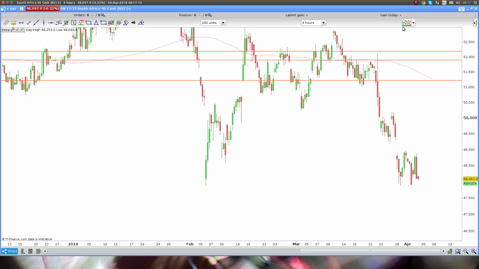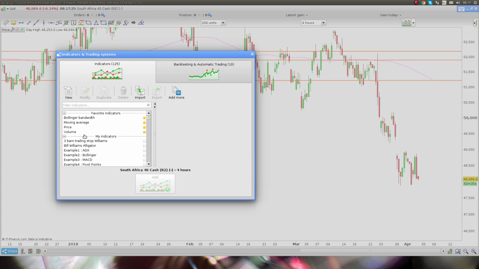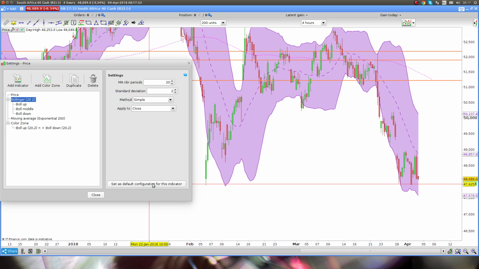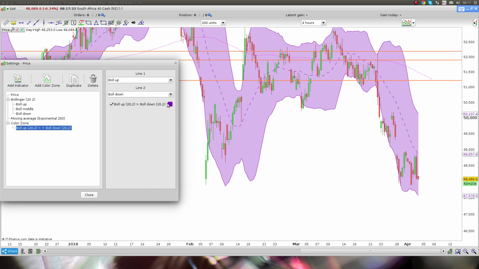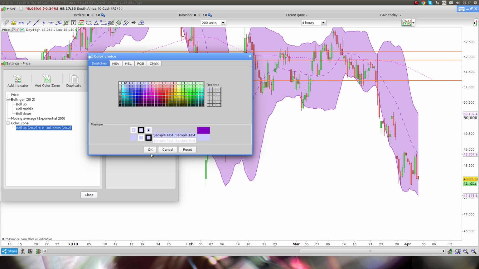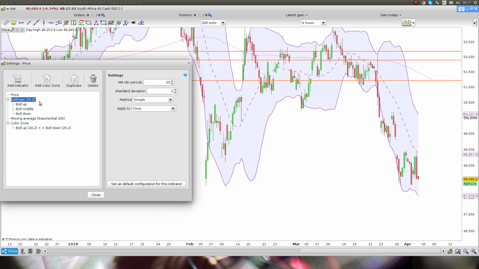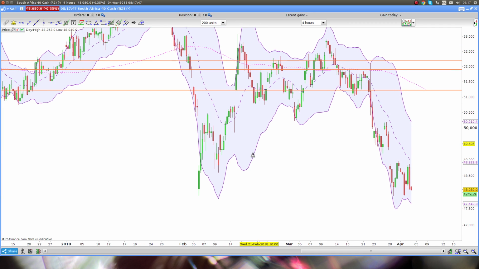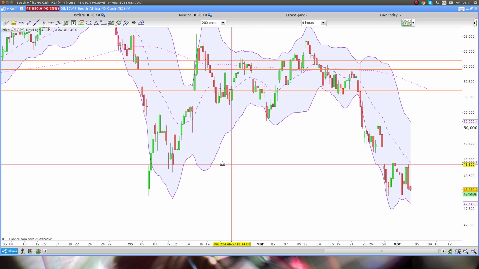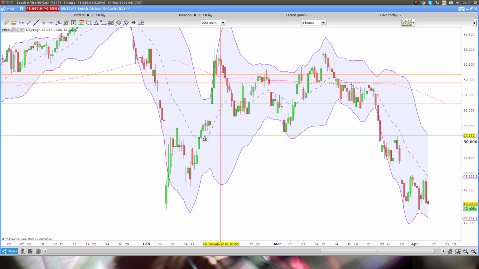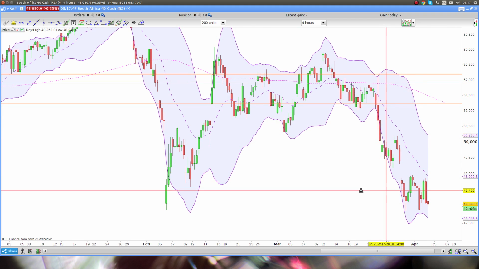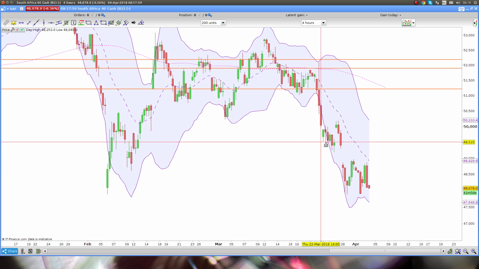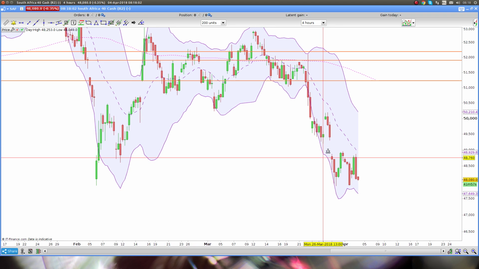For example, like Bollinger Bands. So Bollinger Bands is a great example. Also, my method is always exponential. It just works way better, and I can read the charts a lot better. But Bollinger Bands always give you an indication, because it is related directly to price action, of what's going on. You can do your own research on it, but Bollinger Bands allows you to see W